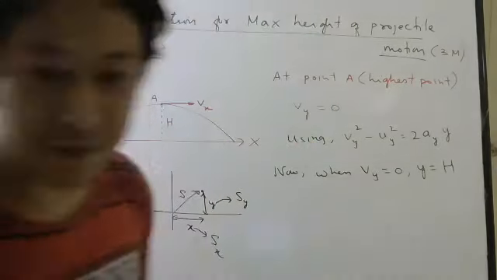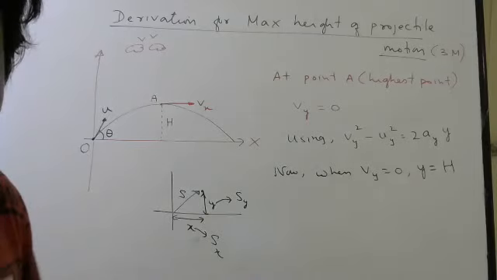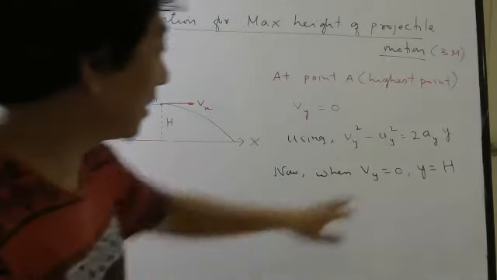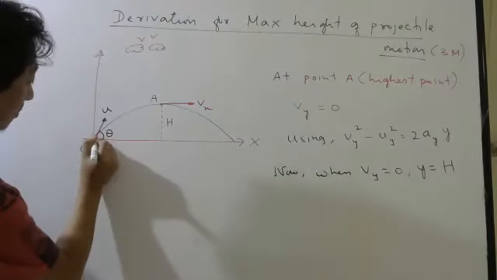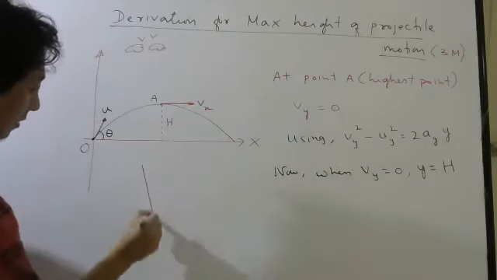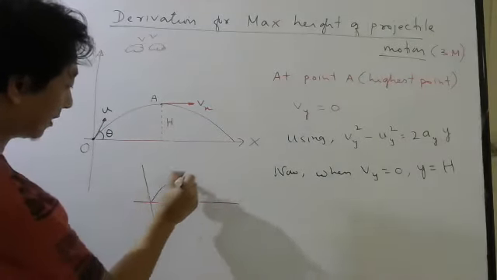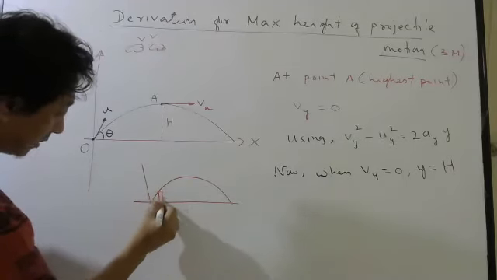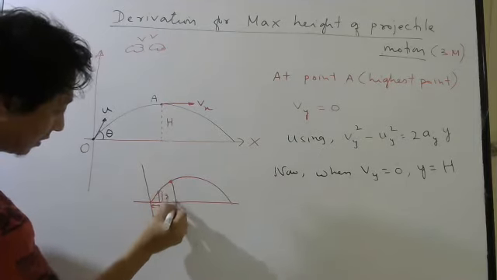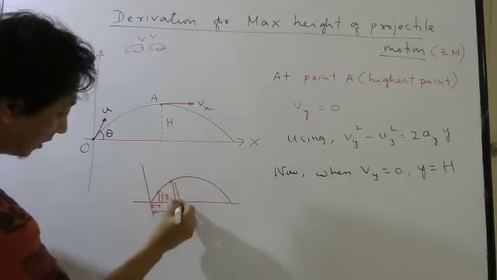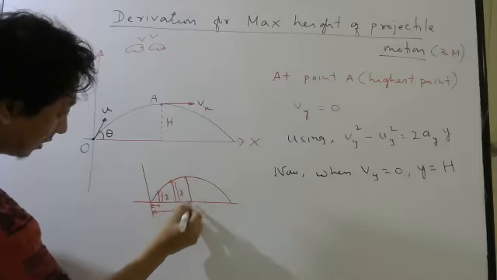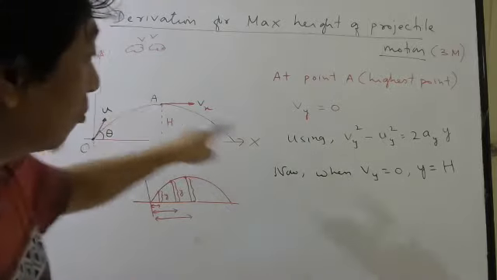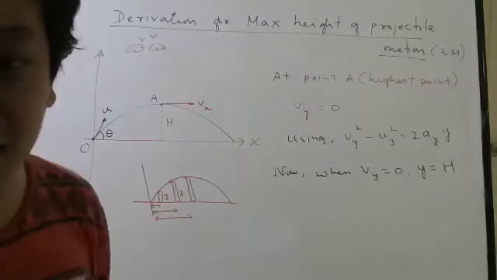Stalin, why did you say 0? After you said 0, some other students also started writing 0. So be careful. Look here again. As the particle is moving like this, x coordinate is this much, y coordinate is this much. When it is here, x coordinate is this much, y coordinate is this much. When it is here, y coordinate is maximum. So when it reaches here, your y coordinate becomes maximum. Agree or not?